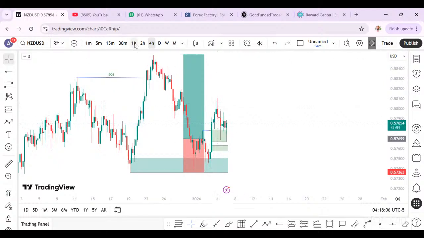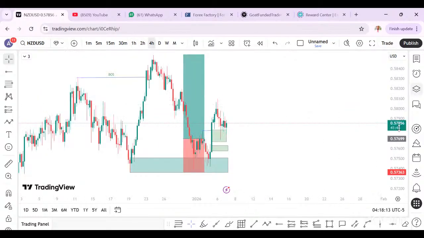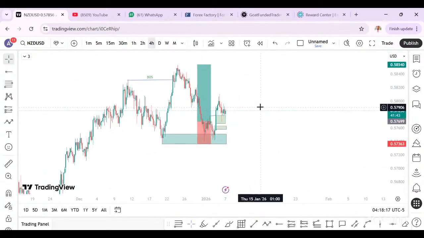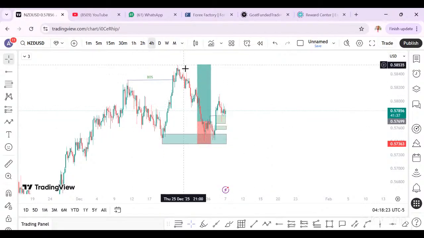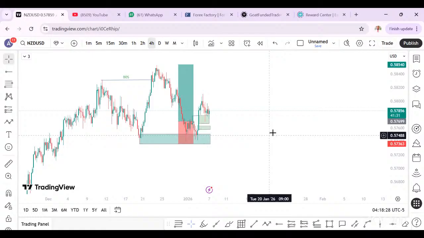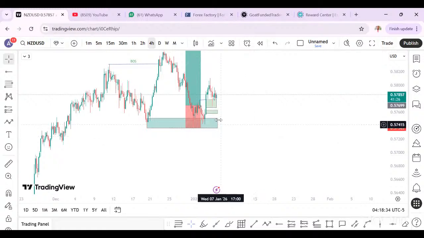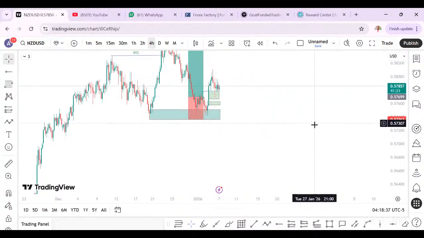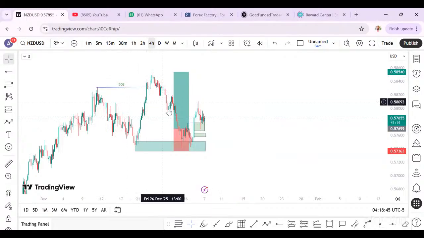And yesterday I called out, I said watch out for this zone or this place. We have a continuation. So you can see that all I'm doing is following market direction. Here we have our last break of structure. This is a demand zone, and I always position myself to continue on the buy. But if price breaks out of this place and hits my stop loss, I lose 1%, then I know we are already bearish. The market is either bearish or bullish, and you are on one side. So I'm still bullish on